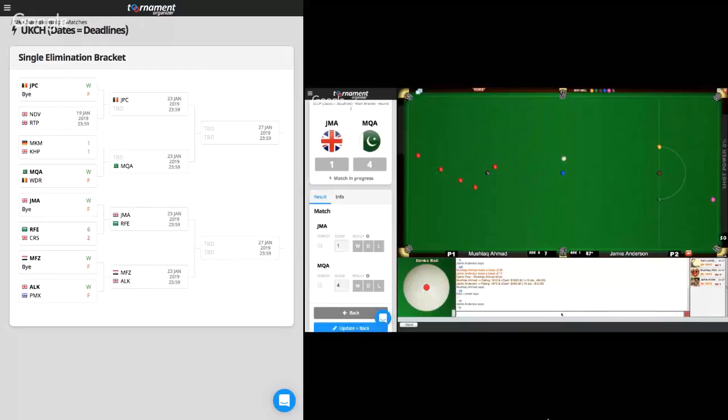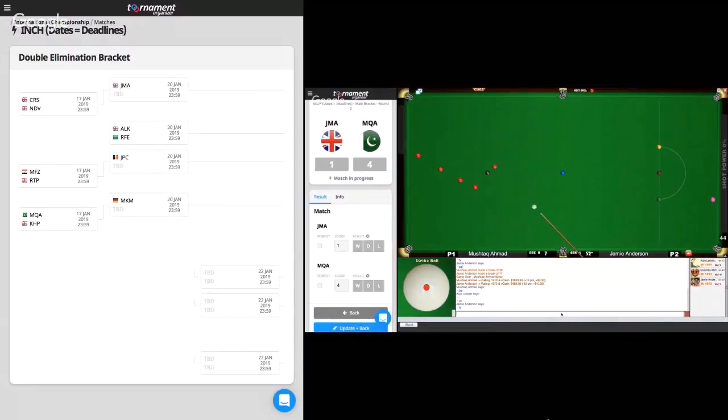Good position on the blue. Just follow through here for the red near to the right of the black. And we'll follow through for the black into the bottom middle. No, he's decided to screw back for the blue or black. It's as though the blue, but